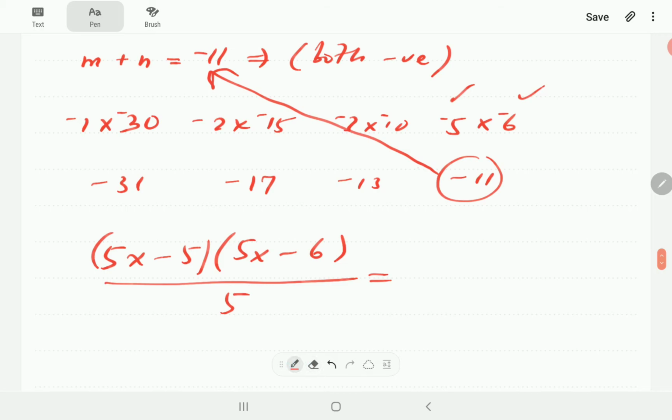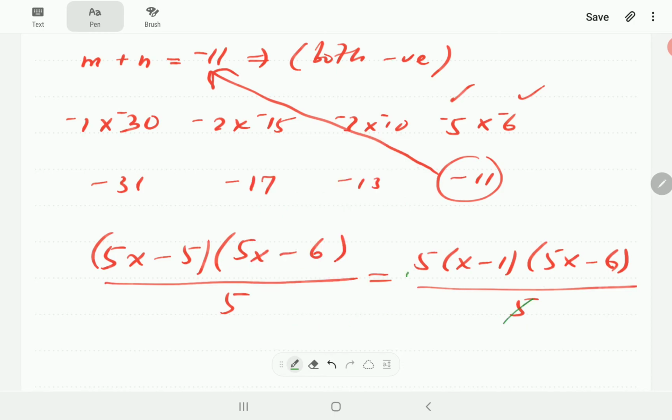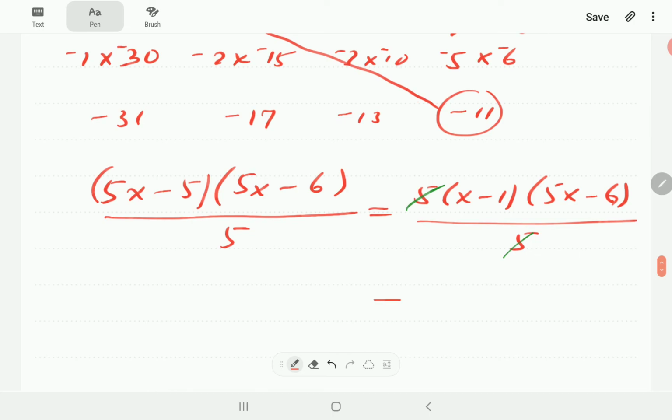In the first pair of brackets, 5 is common, so that's going to be x minus 1. In the second set of brackets, there is no common factor, so then 5 is going to cancel out, and so our final answer is x minus 1